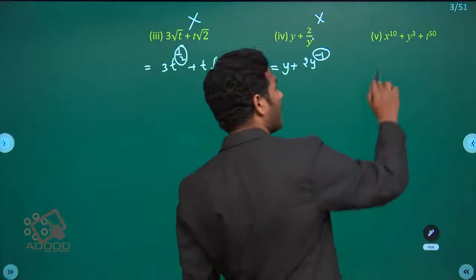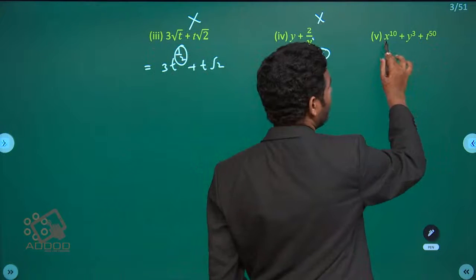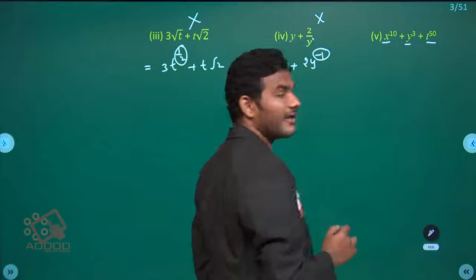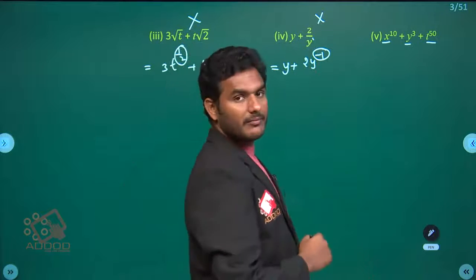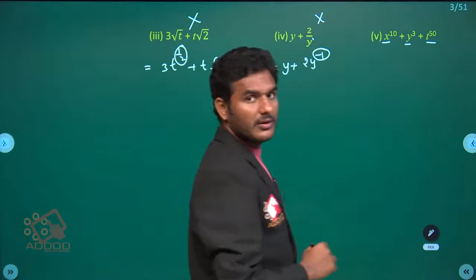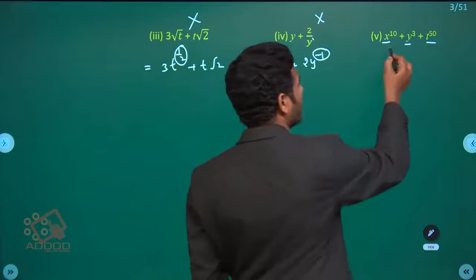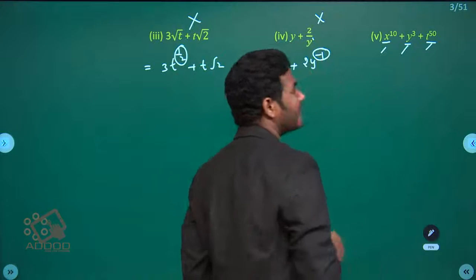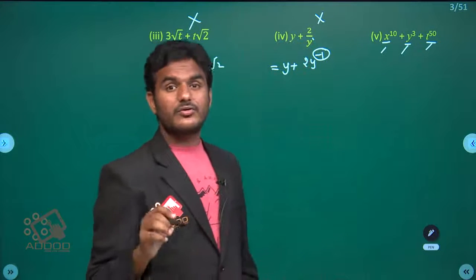Now this is the polynomial. Maybe it may be a polynomial, but here this is not having only one variable. It is having three variables. It is not a polynomial. It is not a polynomial in one variable. There are three variables we are having: x, y, t. Three variables we are having. So what is our question?